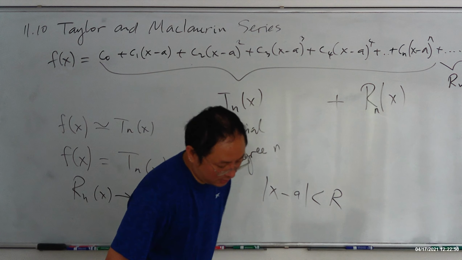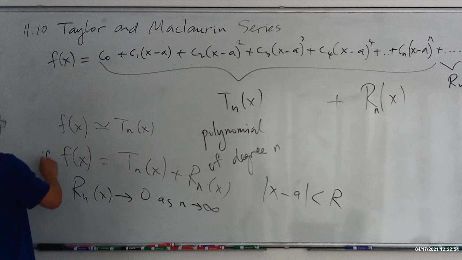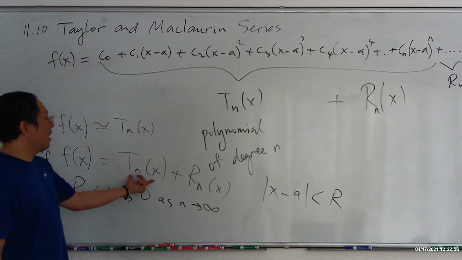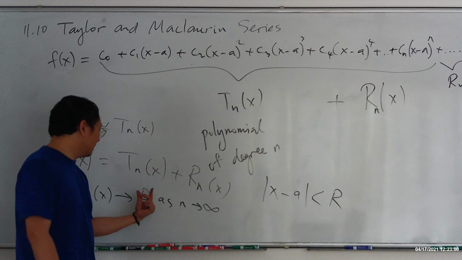That's a Taylor series. If this happens, if f of x is equal to a polynomial plus a remainder, and the remainder is getting